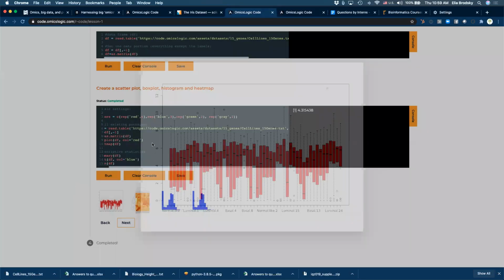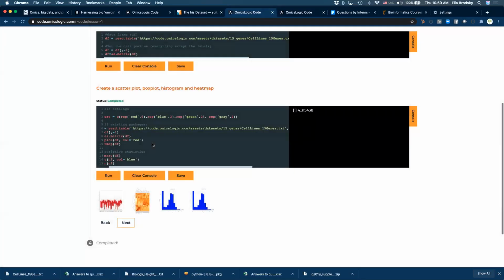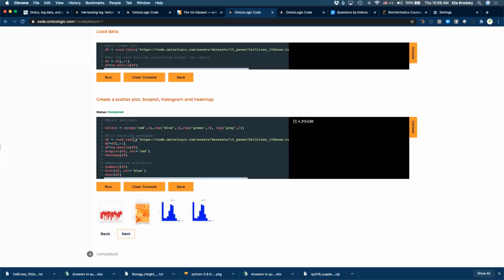Okay, so I guess to reorganize then, if we want to do last session's assignment as matrix. So the matrix is just your numbers, and you have to enforce that all of your values are numbers.